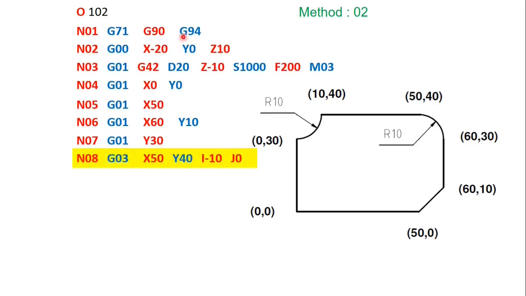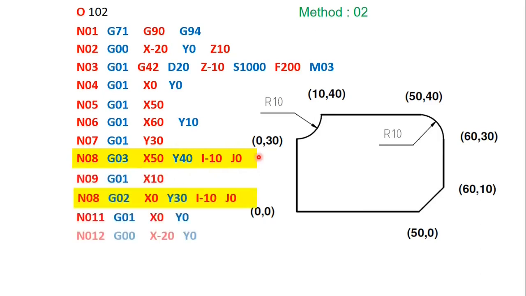So you see, all the steps remain the same except this I and J part. I'll explain that. Let me finish the complete program. All other steps remain the same except this one. Once it reaches, I have to give G03, that is circular interpolation. I have to give the endpoint coordinates, that is X50, Y40. Then I have to define I, that is the distance from the start point to the center of the circle